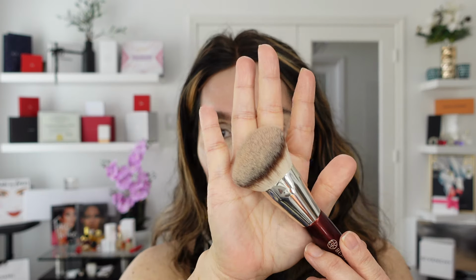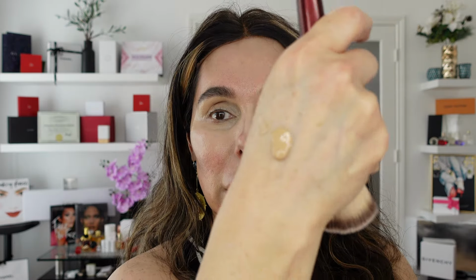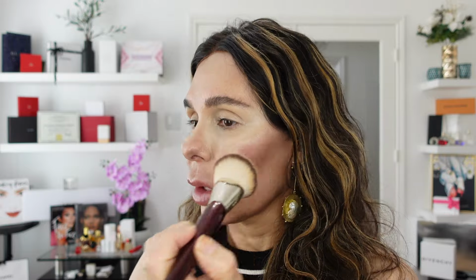brush from BK, I'm going to start applying this beautiful CC. It's on the shade light. I'm going to proceed applying the product, okay? What I'm going to be doing, friends, is buffing all of the foundation around my face, just distributing this product